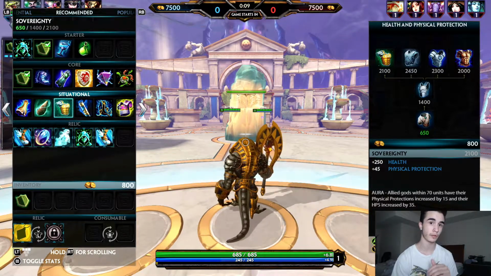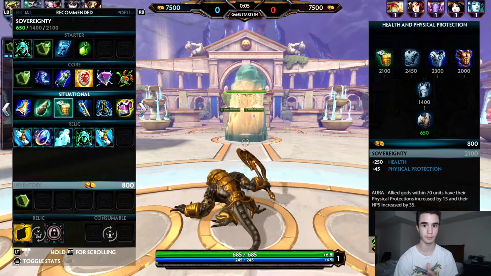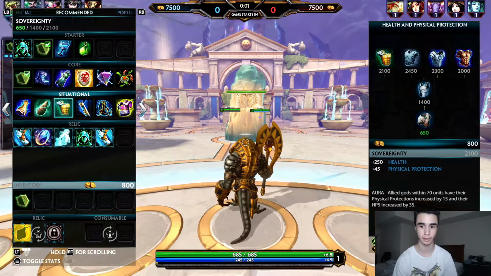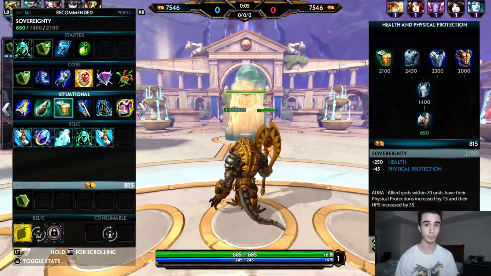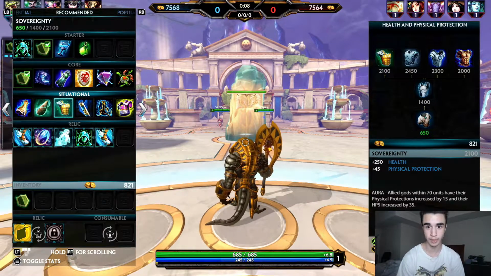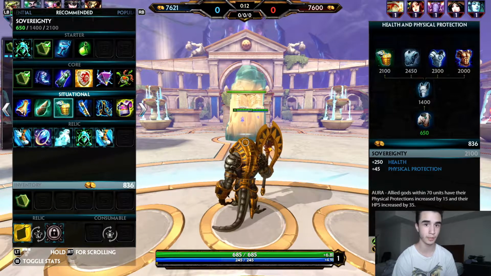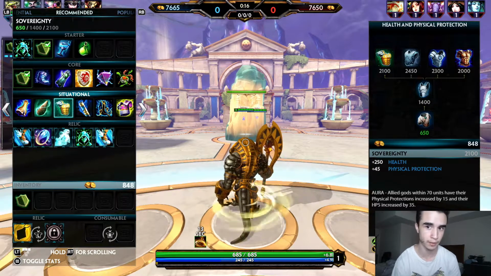A lot of their items revolve around auras. You can see on the bottom right there that it says aura. When this item is completed, allied gods within 70 units have their physical protections increased by 15 and their health per 5 seconds increased by 35. That means when you're around your own team with this item complete, it'll give them a boost to defense and to health restoration. So depending on who you're going against,